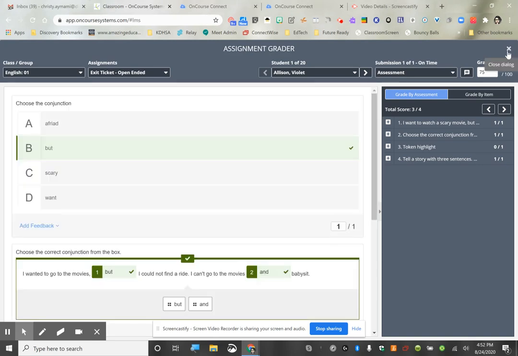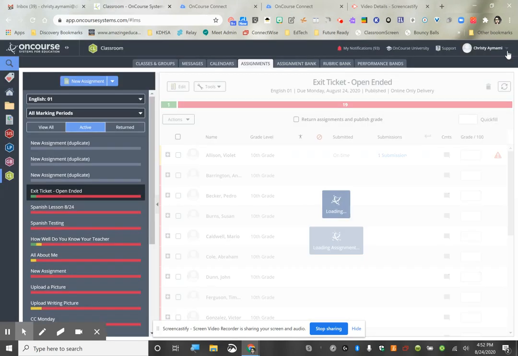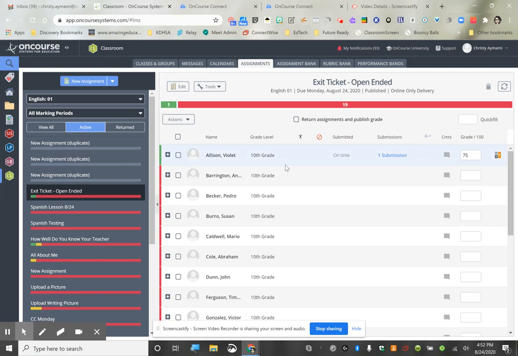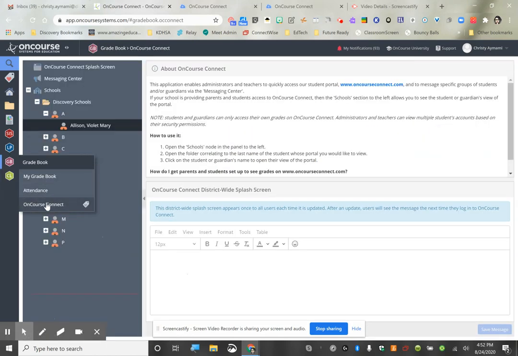I'm going to X out of this. And then this is an important tip. You have to return this to the student, okay? So here we have auto graded. So I'm going to go, because it's been auto graded in addition to whatever you've gotten, I'm going to go back to my grade book. And in my grade book here,